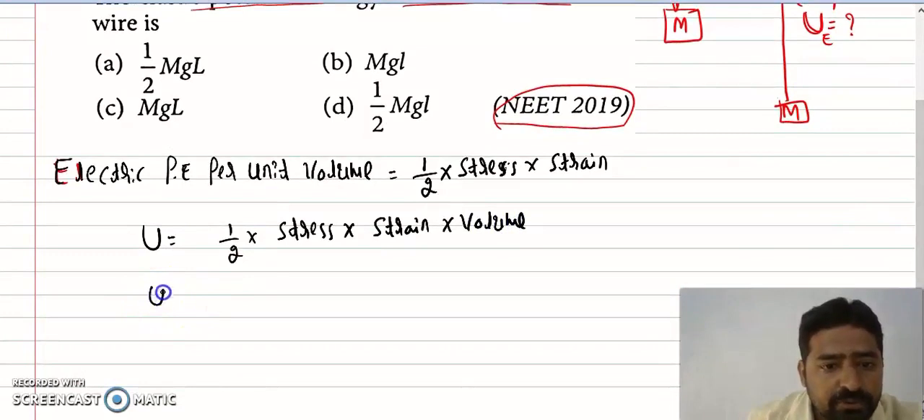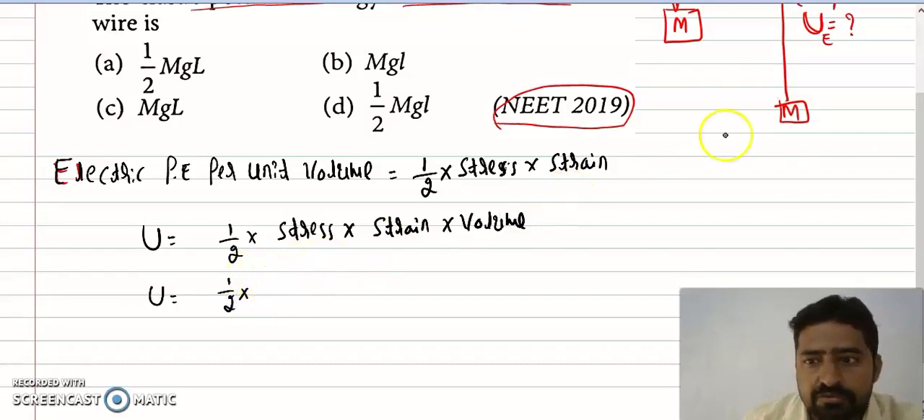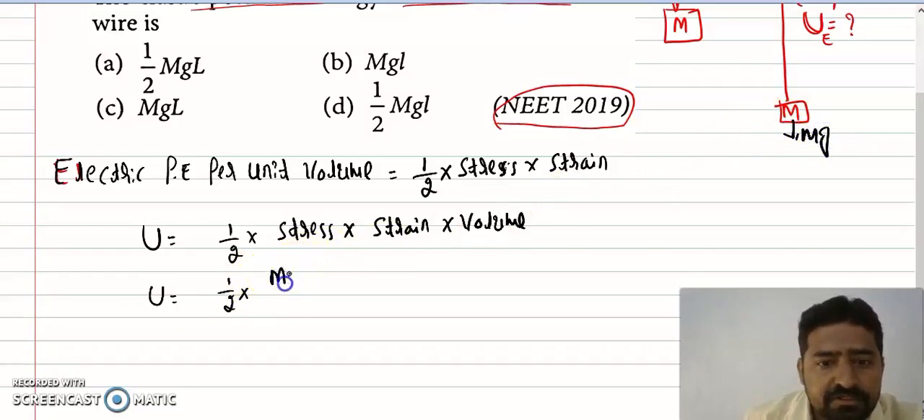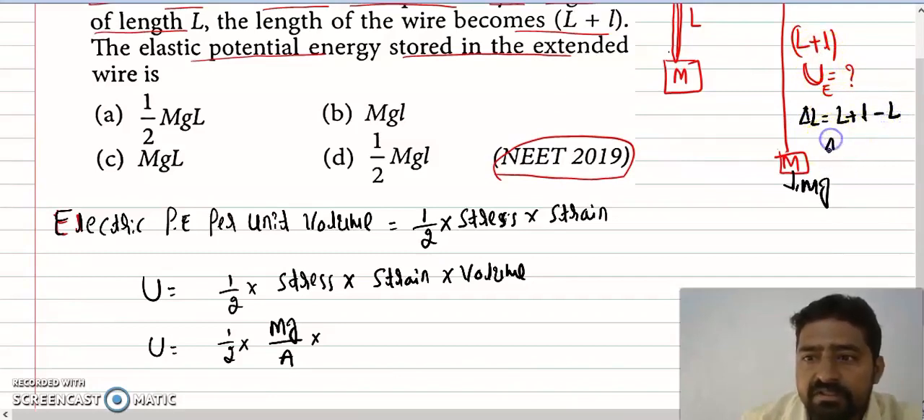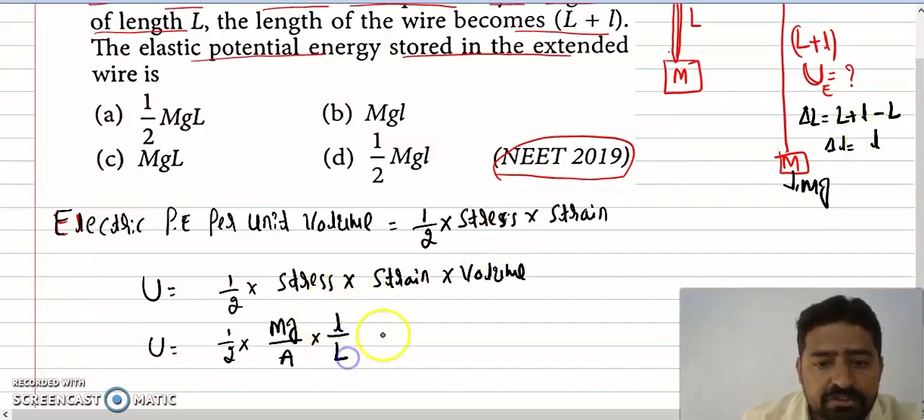So now you have to put the value, that is U is equal to 1 by 2. So stress is equal to force, and what is the force here? Force is equal to mg, so that is mg divided by area, into strain. Strain means change in the dimensions. Nodi, change in dimensions delta L is equal to final L plus l minus initial L, so the change in the dimensions is l. So that becomes small l divided by original capital L,